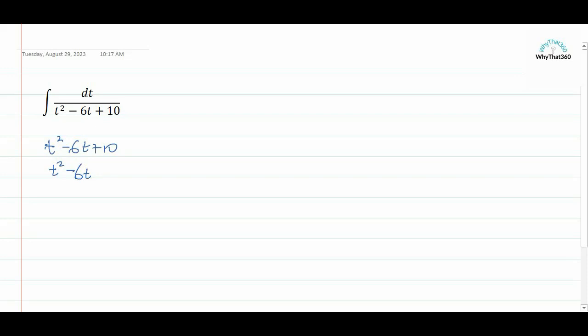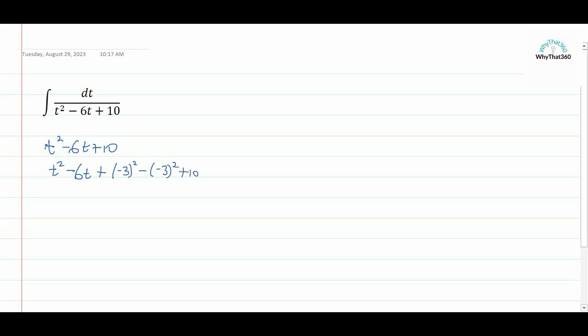So half of -6 is -3. We square it, so I'm adding plus -3 squared, and then we subtract it, so minus -3 squared,